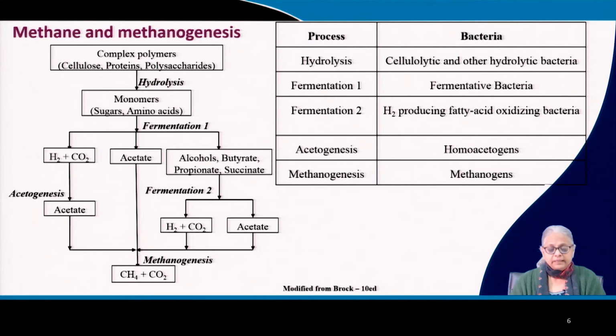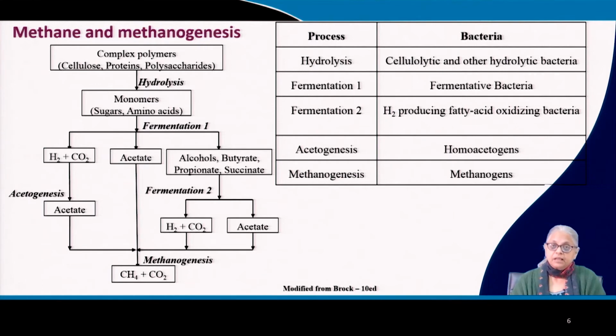Okay, so all these can be generated by these fermentative bacteria. So this hydrogen plus carbon dioxide can further be modified to acetate. Acetate itself will be converted to a combination of methane and carbon dioxide. And this conversion of acetate to methane and carbon dioxide is done by methanogens. So these are the methanogenic bacteria, and you can see the hydrogen producing fatty acid oxidizing bacteria, the syntrophs, are